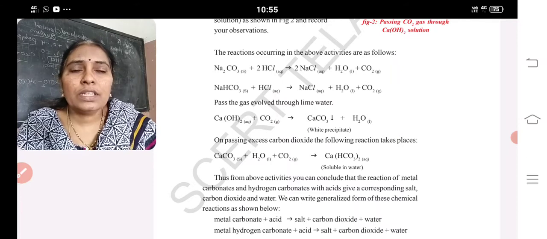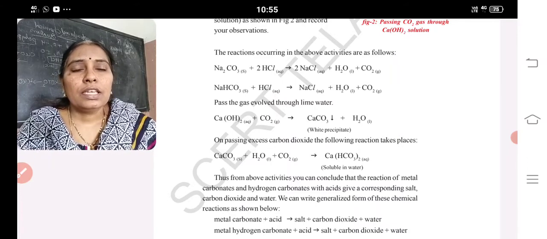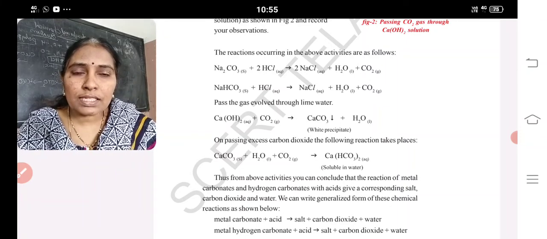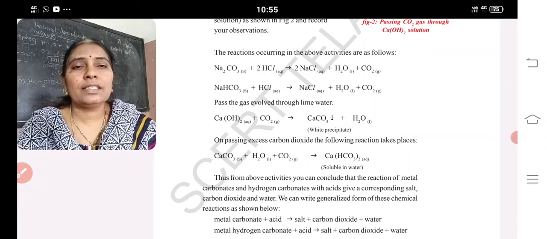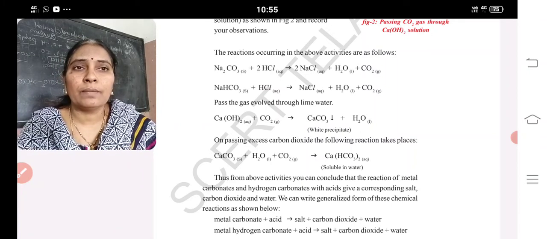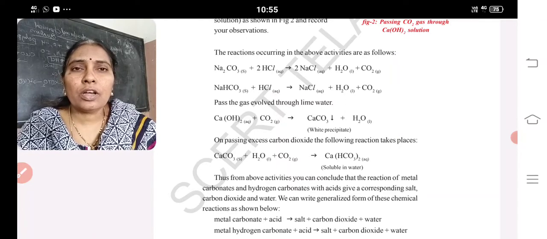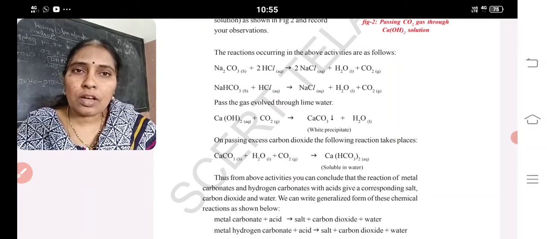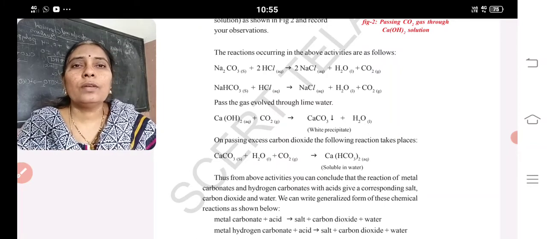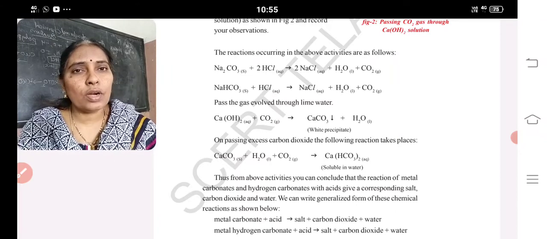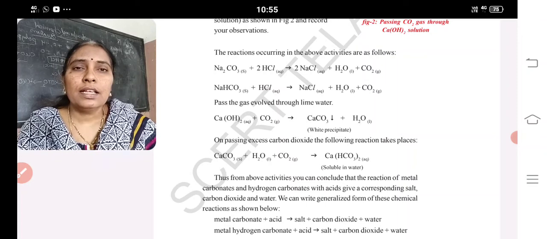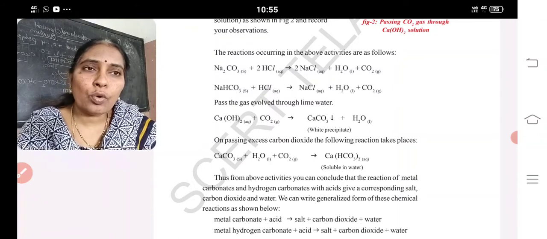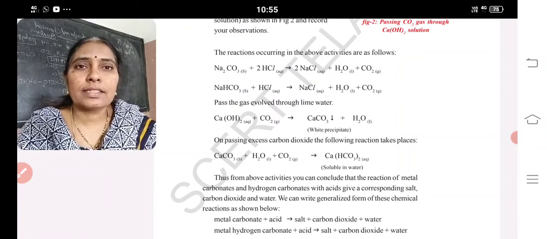Most of them did not draw the diagram and equations. The equations and diagram are important if it is given as a long answer. If it is a short answer, a 2 marks answer, explanation plus equation. The first two equations are must marks. What is the first one? Sodium carbonate. Sodium is a metal or not? Metal carbonate reacts with HCl, that means acid. Sodium carbonate reacts with acid and forms sodium chloride, water and carbon dioxide. Second equation, sodium hydrogen carbonate plus HCl gives rise to sodium chloride, water and carbon dioxide.